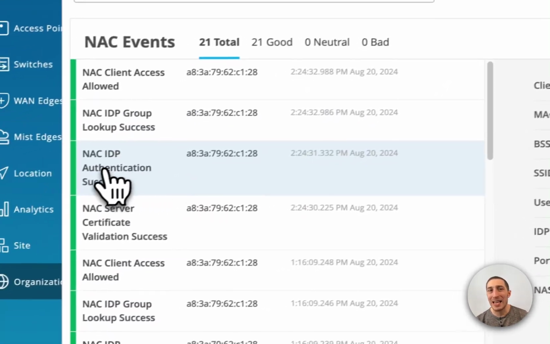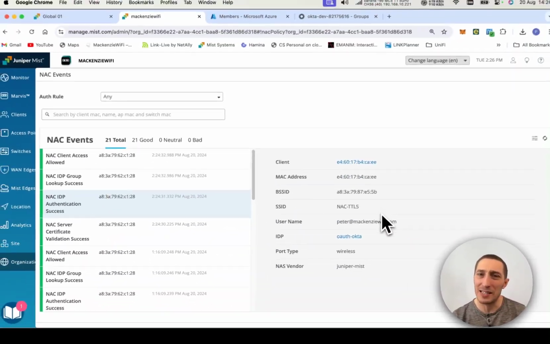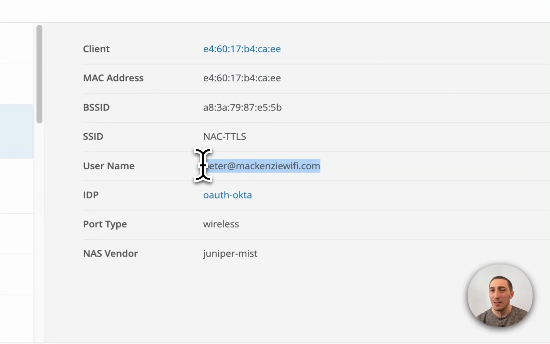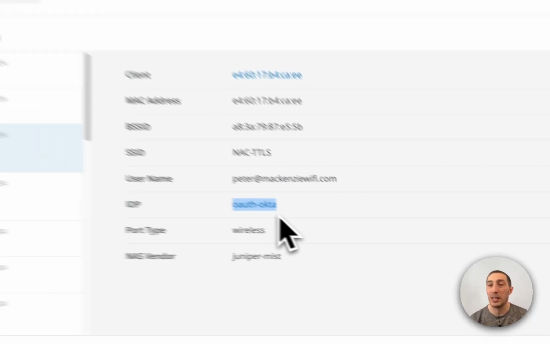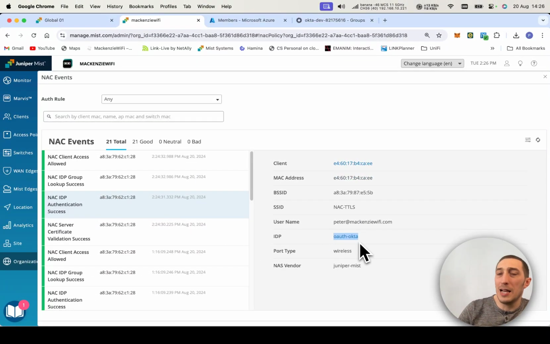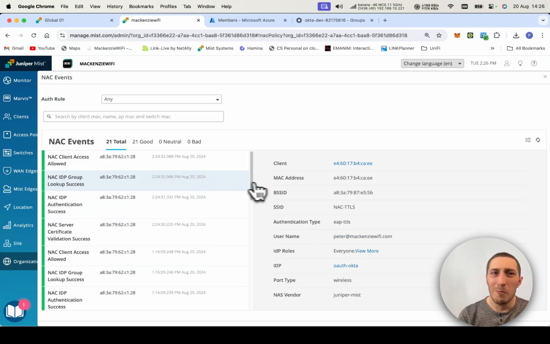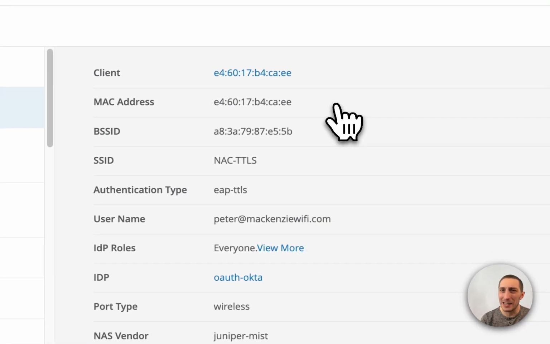We then get an IDP authentication success. It's saying it's authenticated my username and password via the NAC using the IDP of Okta. So it's gone off to the Okta identity provider. When we look at the IDP group success here, we can see that my client came back, and the identity provider, which was Okta,